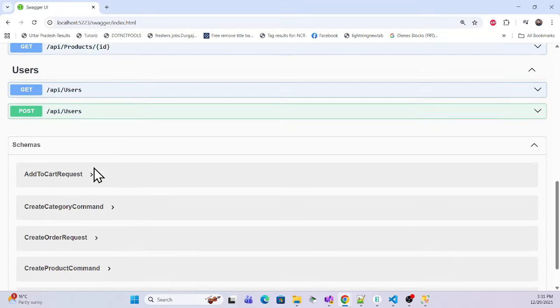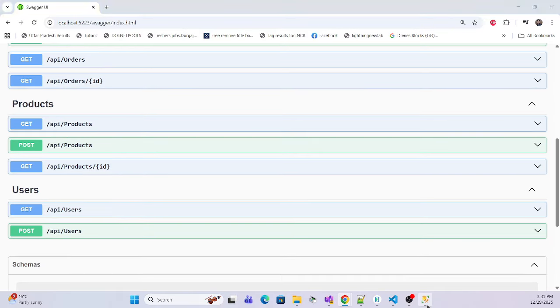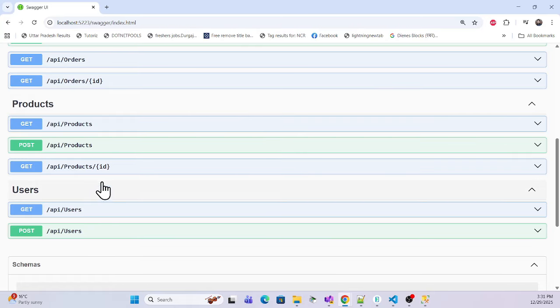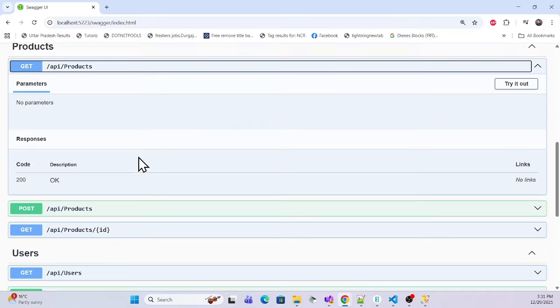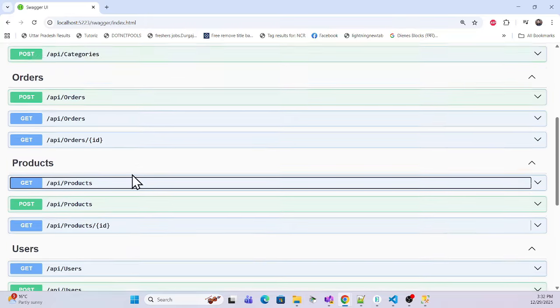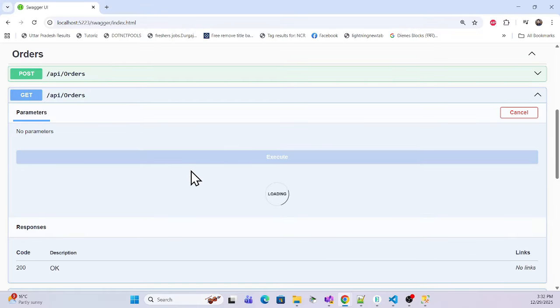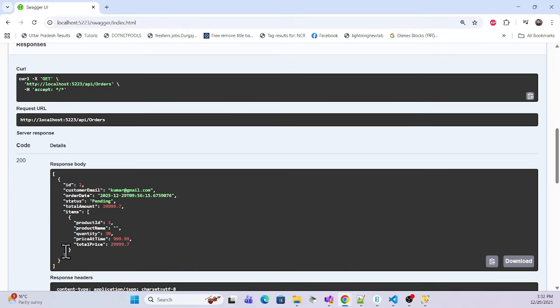Okay, so once I refresh, I can see whether the old data exists or not in the database. Yeah, the old data exists. And if I try to get that data, not a product but the order, let me try to get the order data, execute that. Yes, now see,